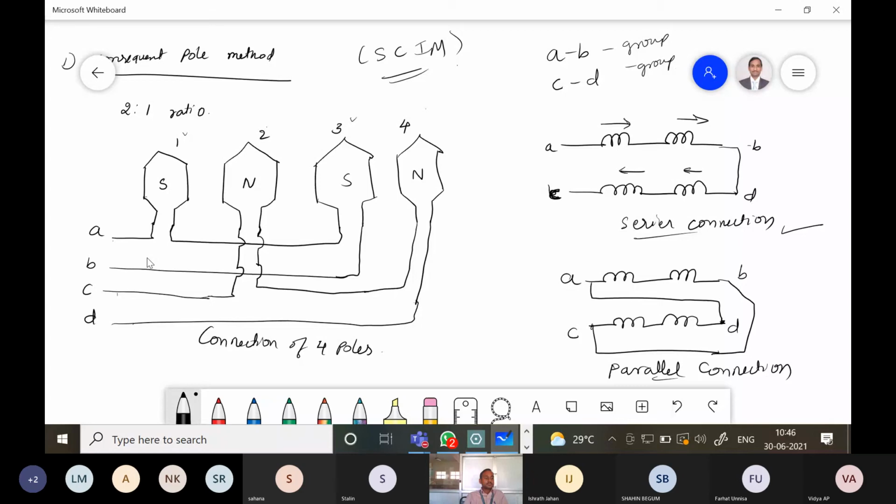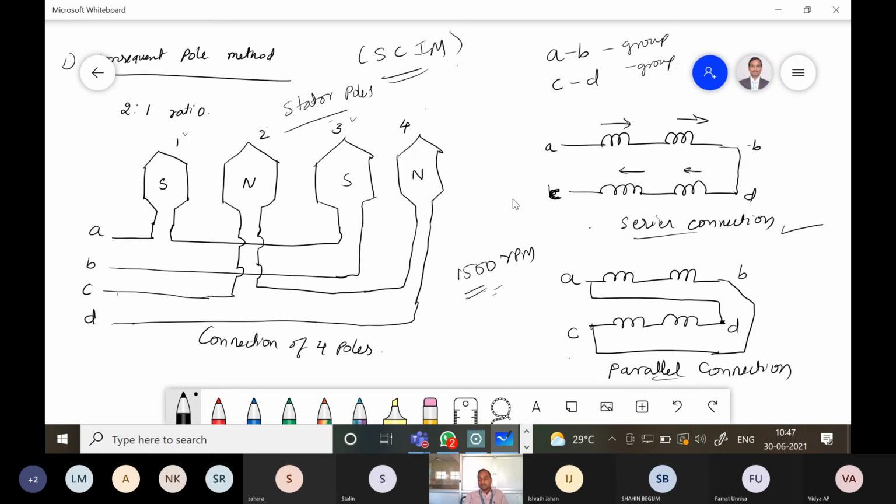The coils can be made to carry current in the given direction by connecting coil groups either in series or parallel. That is shown in this figure respectively. So with this connection there will be a total of 4 poles giving a synchronous speed of, suppose, 1500 rpm. So we can vary the speed by using different combinations of the connection of the stator poles. So likewise the stator poles can be changed.